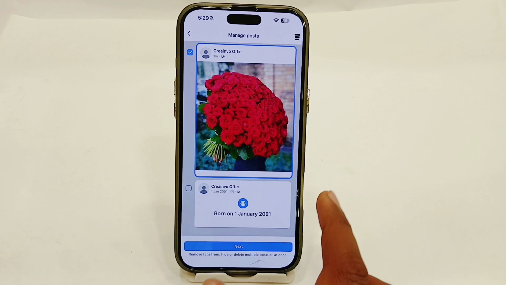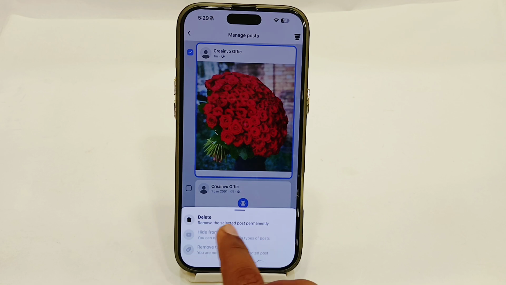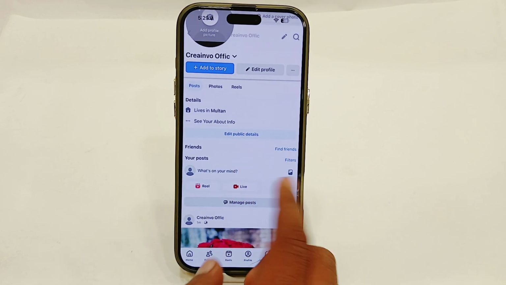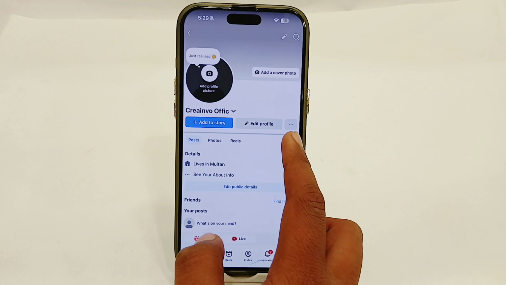Just select the post which you want to delete, and I have selected a photo here. Just tap on this next option, then tap on delete and it will be deleted. Or there's a second way, if that doesn't work for you, you have to tap on these three dots under your